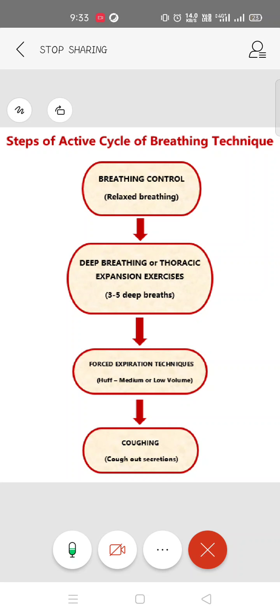So this is nothing tough, but the thing is only breathing in and out, and the patient needs to relax himself. He needs to let go of all the anxiety and the panic, and he needs to focus on his breathing, okay, how he is breathing in and how he is breathing out. So that is the breathing control, and it should be done until the patient is ready to progress to the other stages.